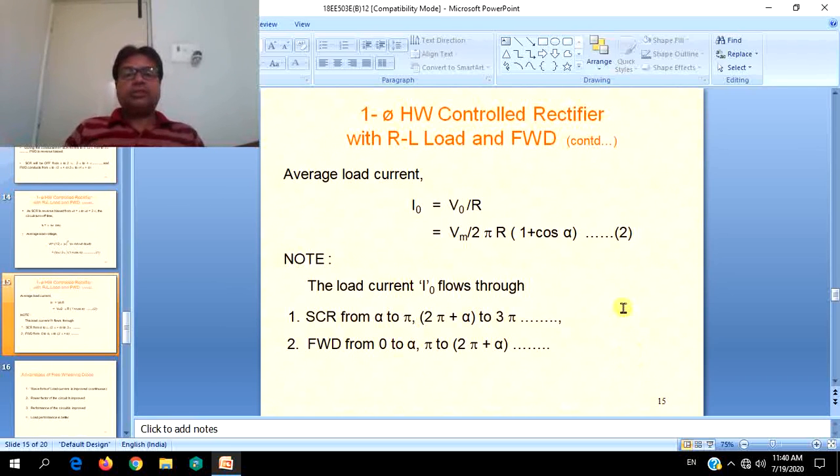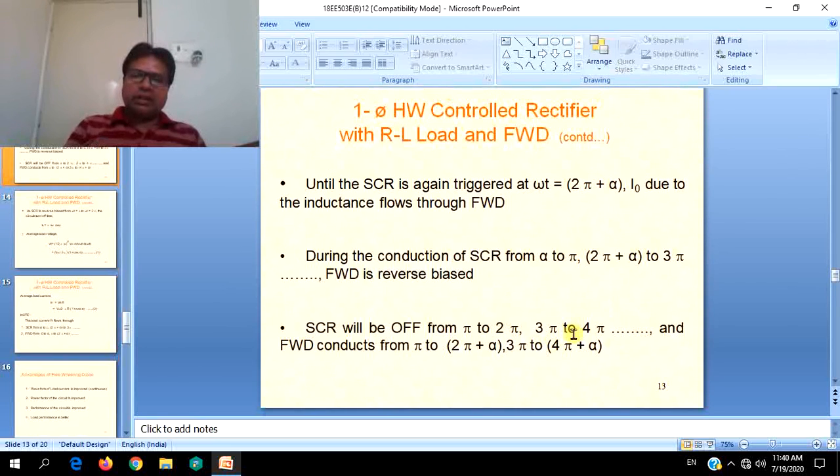Now just go through the waveforms. Whatever was applicable to the resistive load, the average load current I0 equal to V0 by R, can now be calculated as Vm by 2 pi R into 1 plus cos alpha. The load current I0 flows through the SCR from alpha to pi, 2 pi plus alpha to 3 pi, and through the freewheeling diode from 0 to alpha, pi to 2 pi plus alpha, that is, current is